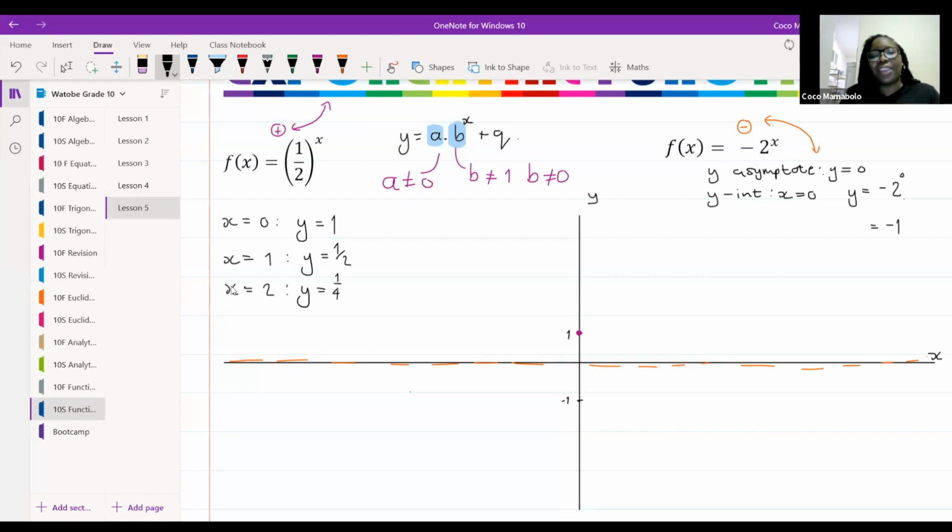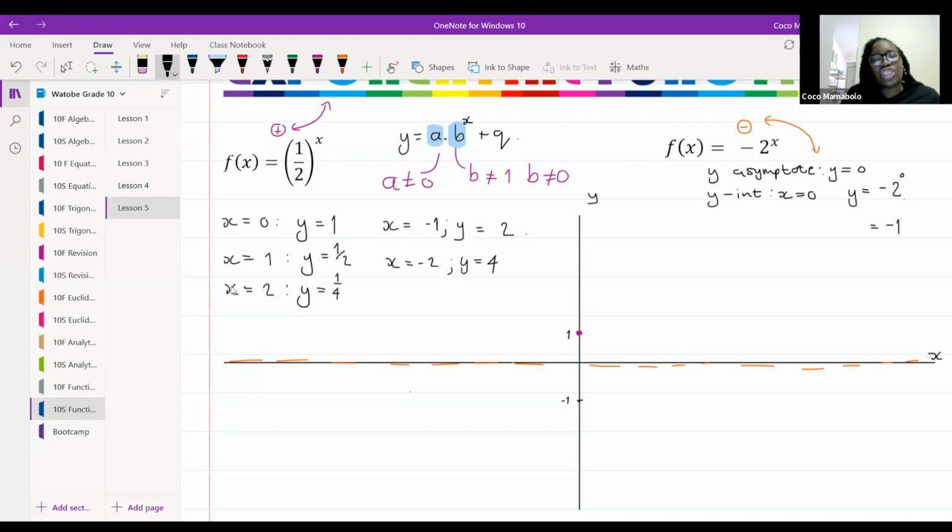So my graph is actually getting smaller on this side. But punch this into your calculator, guys. If x is equal to -1, what will y be equal to? Good. y will equal 2. When x is equal to -2, y is equal to? Good. y is equal to 4.